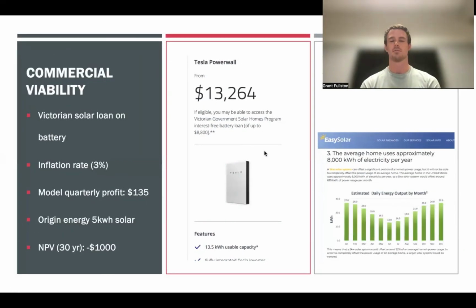I'll now be discussing the commercial viability of our solution. We found on average that we were able to generate $135 worth of quarterly profit through our trading strategy. However, to build out this strategy, the majority of the costs came through the battery, that $13,000 figure you see in front of you. Even under the Victorian Solar Loan Program, where $8,800 was covered over a 4-year time period as an interest-free loan, we still found the net present value of this opportunity to be minus $1,000, therefore not commercially